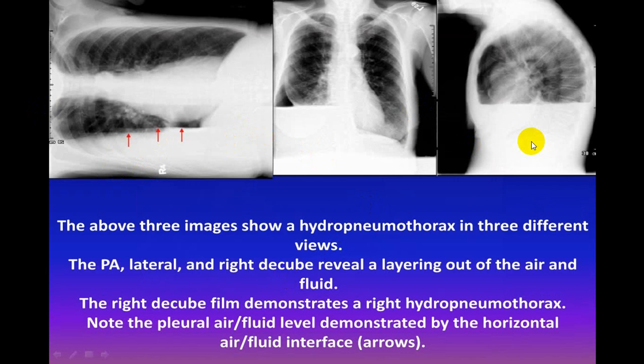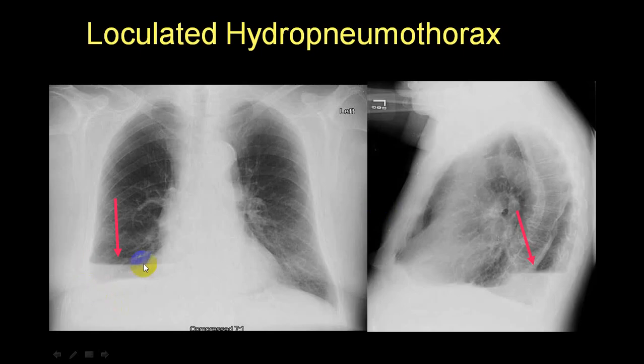Again, you can see here it is extending from lateral till medial. In lateral view, it extends from anterior till posterior. And here, in a lateral decubitus view, right lateral, because this is on the right side. So take right lateral. Fluid being heavy will come here, and air being light will come between fluid and mediastinum. This is air, this is fluid. So this is hydropneumo. Clear?